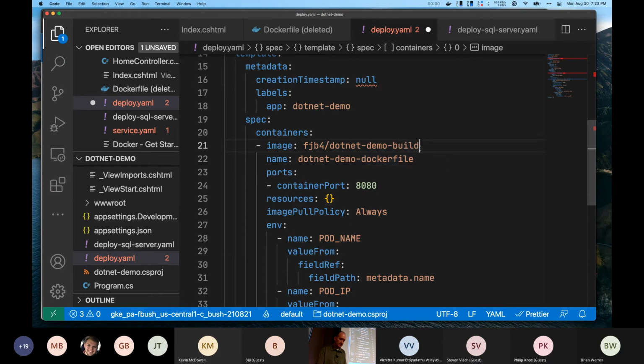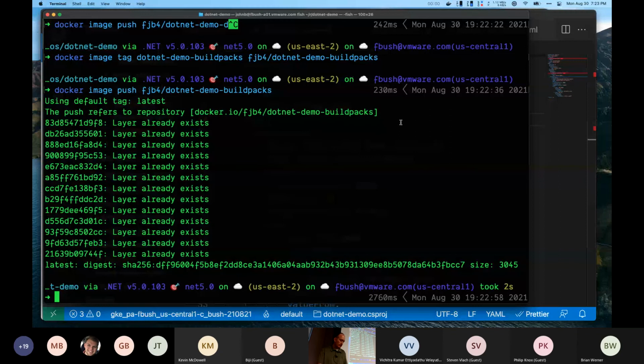I'm going to try to see what happens if I change this to use the build pack version of the container image. Just because this is what I had done in my rehearsal earlier and it worked. So I'm going to say .NET, or excuse me, kubectl apply -f deploy.yaml,